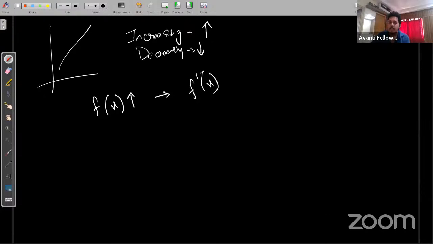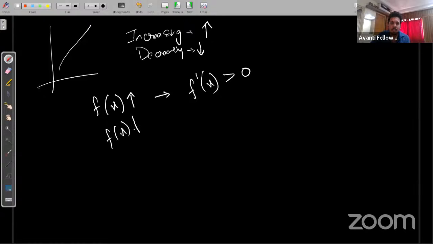The function is increasing. What happens to the first derivative of the function? Very good, Naveen and Gautam. So f dash of x has to be greater than 0. Okay, greater than or equal to 0 also you can take, but if I take it as strictly increasing, from now on I take it as strictly increasing. So when a function is increasing, f dash of x is greater than 0, and